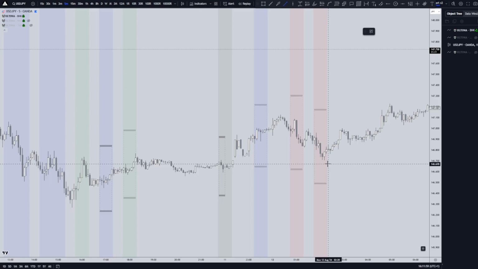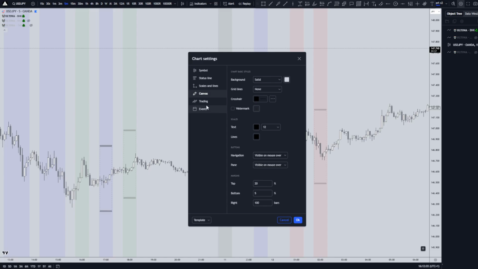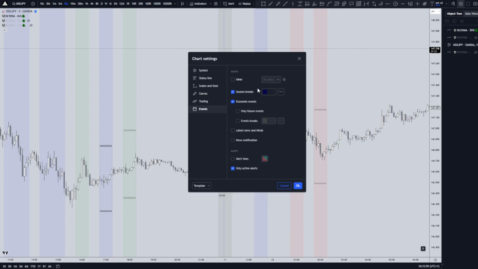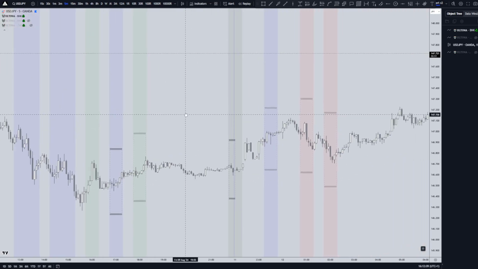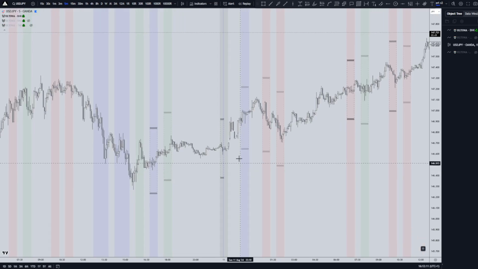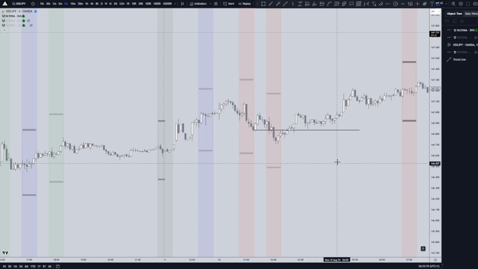So basically at that moment, let's switch on session break so you can actually see the new day, the darker one, that's the new day. So basically at that point, okay, it's not the low of the day, but I'm looking at that